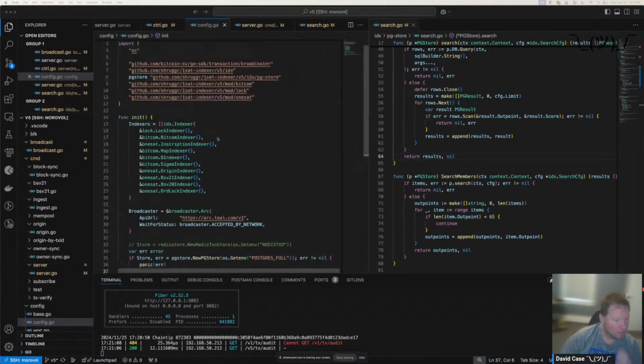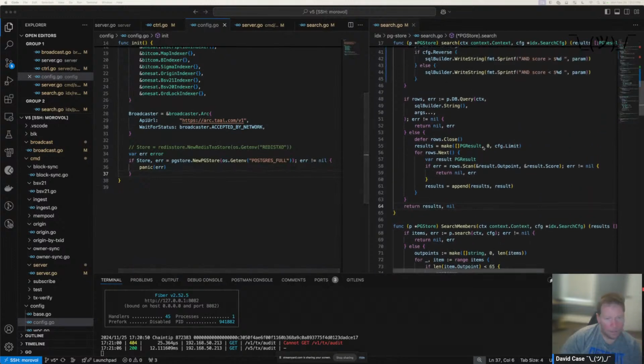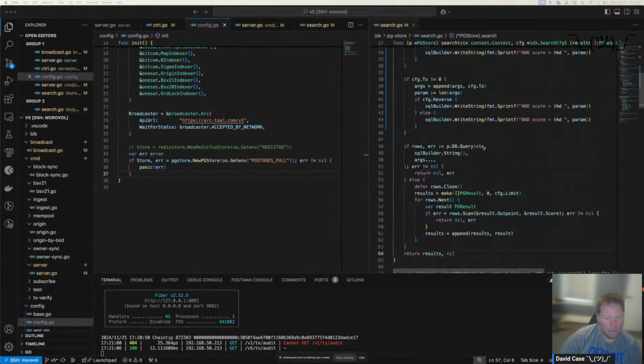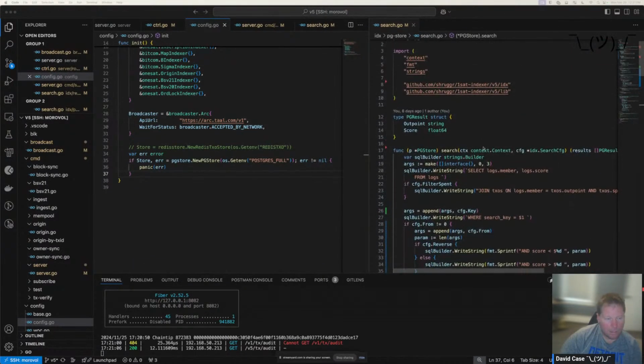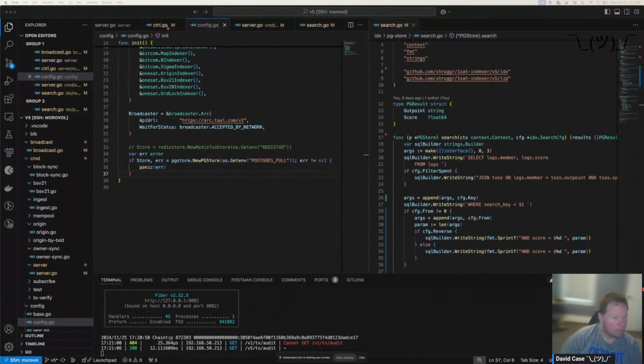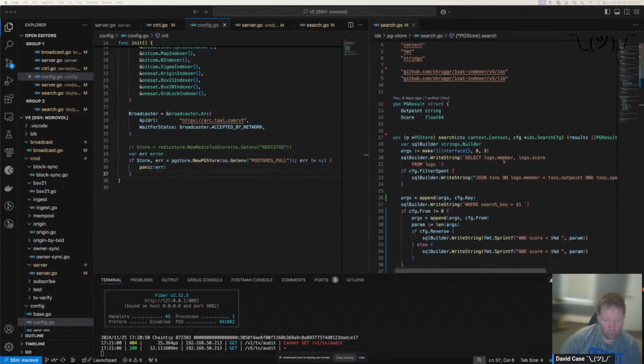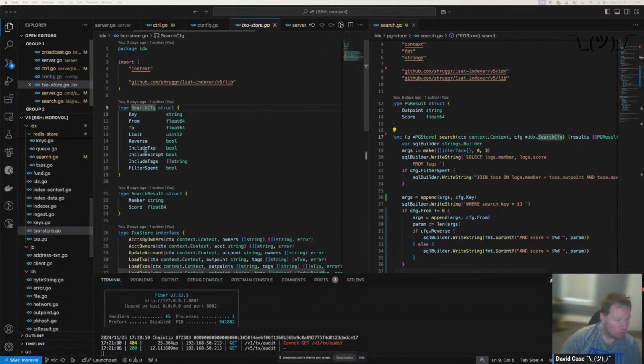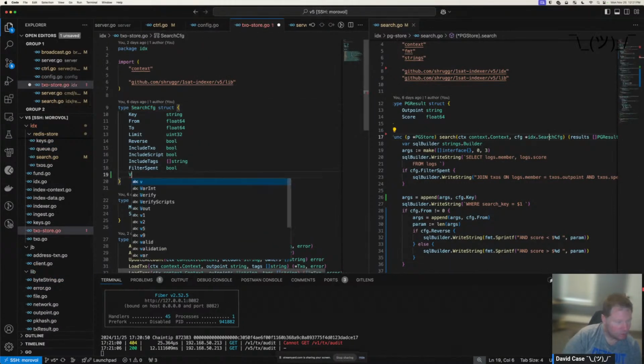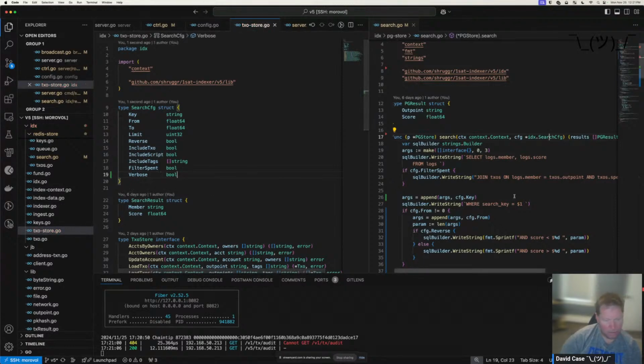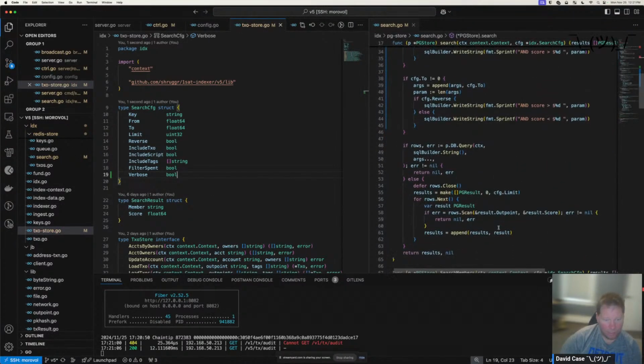So let's go. I'm going to add another property to our search config, which is just verbose Boolean. And then over here,